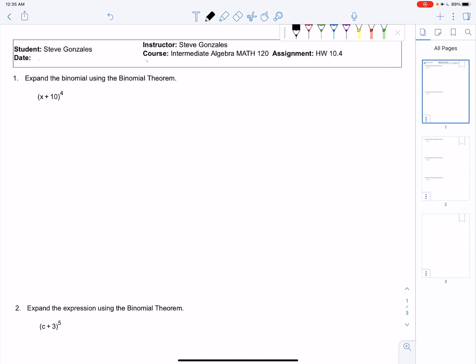Hello, Math 120, and this is Professor Gonzalez, and I'd like to do some problems from homework section 10.4, which is taking a look at the binomial theorem. So what we're doing here is, number one says, expand the binomial using the binomial